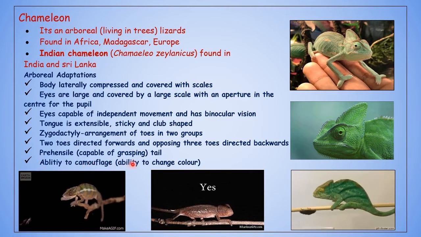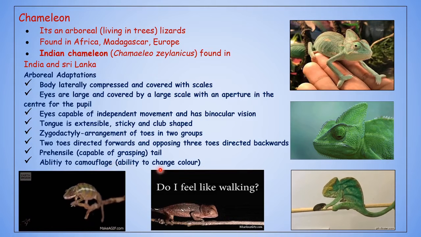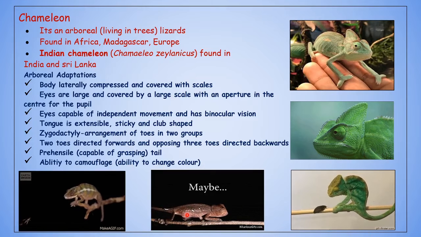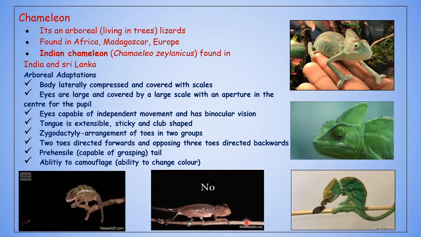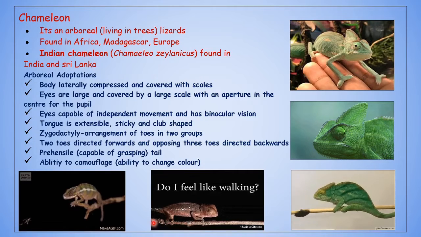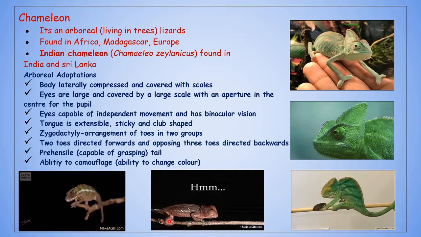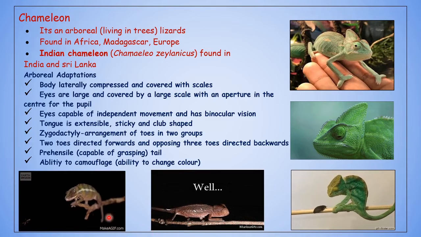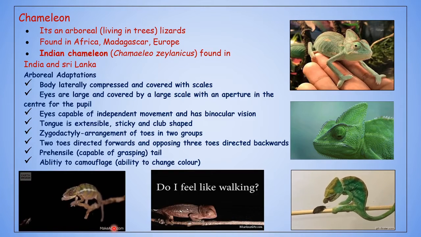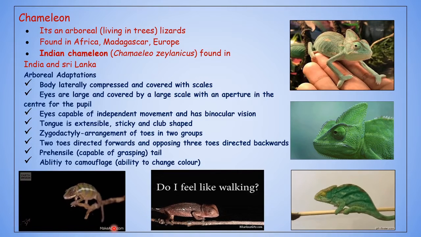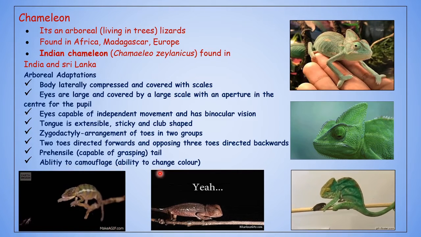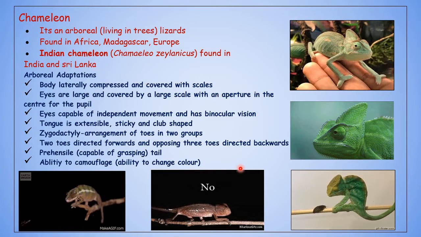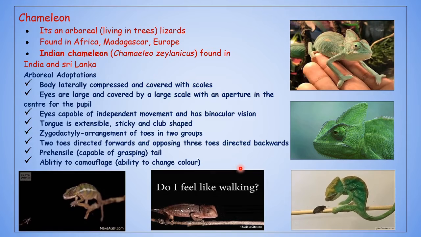Another important ability is the ability to camouflage, or change color. Mainly when they are in greenery, they will have a green color. Here it is shot during the night hours, and it takes the color of the twig on which it is resting. It is more or less brown in color. As a result, it takes up the color of the particular branch or environment in which it sits, and that is what is called the camouflaging ability. So this is regarding the example coming under Squamata, which is the chameleon.